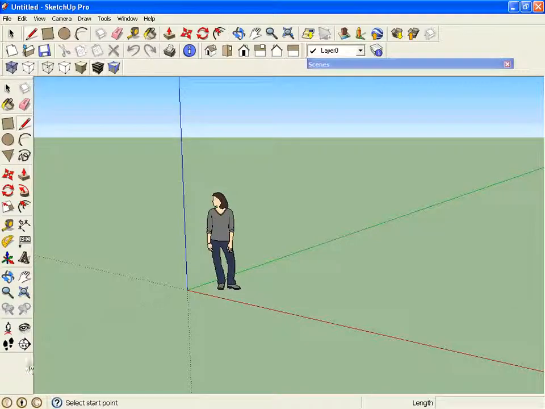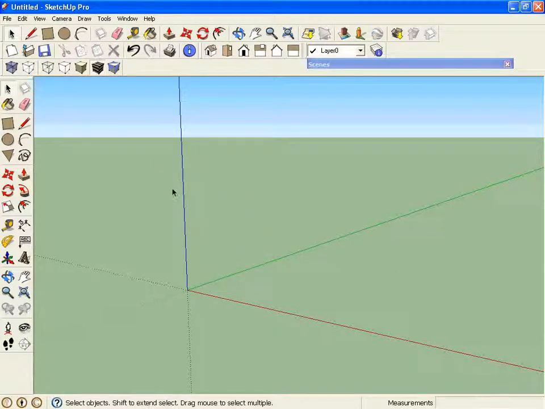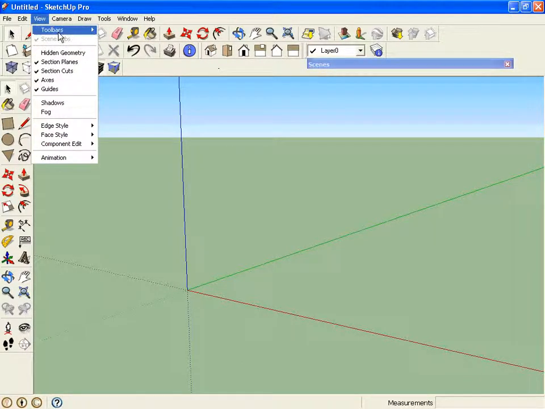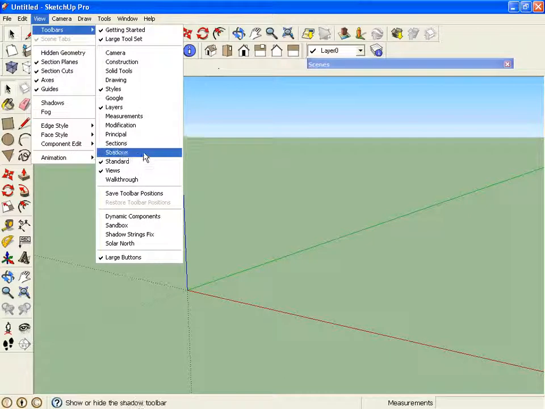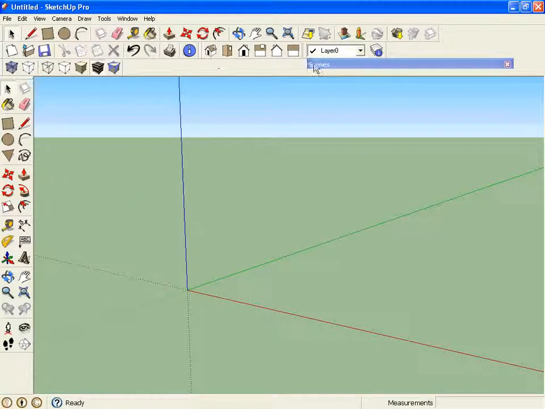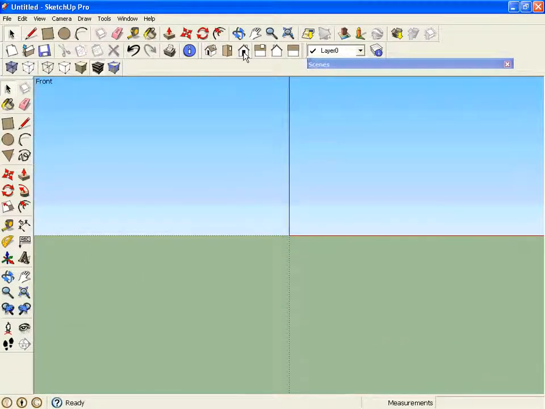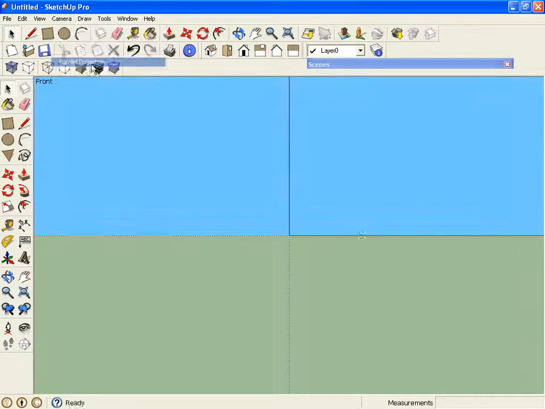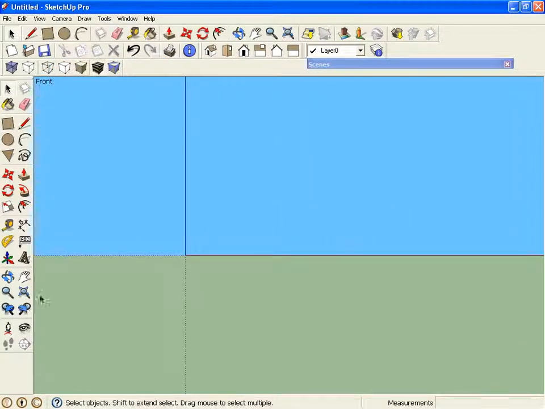So in SketchUp, first you want to do is open up a new SketchUp and nuke the lady. And you're going to go to your front view. So remember, you can open up your Views toolbar by going to View, Toolbar, Views, and you have these little houses. I'm going to click on the front view. I'm going to make sure my perspective is off, and then I'm going to start drawing